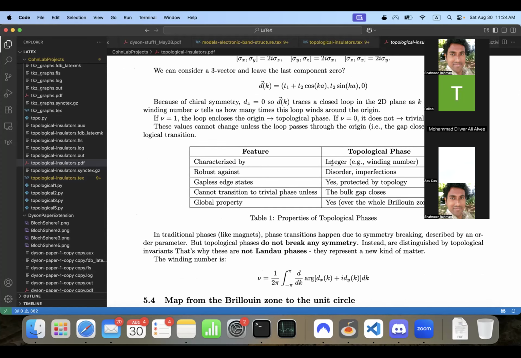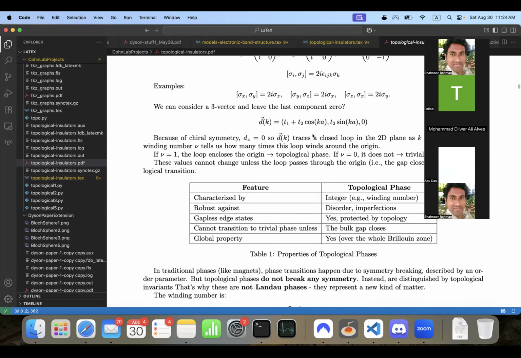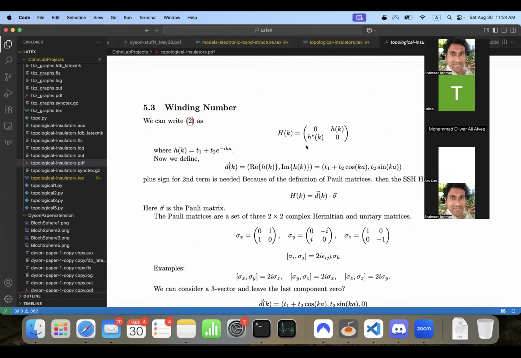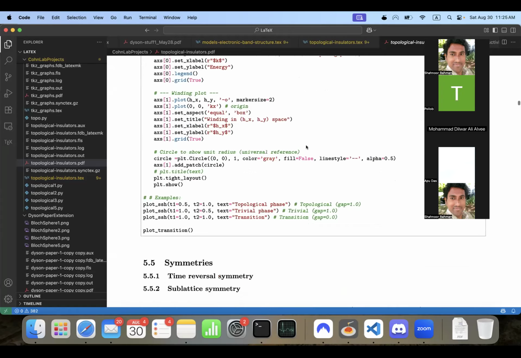So in the topological phase, if you add some noise in those T1 and T2, you still get the winding number to be 1. It remains invariant. Okay. So there are other properties as well. Probably we're going to discuss this in future classes. But for now, the idea is